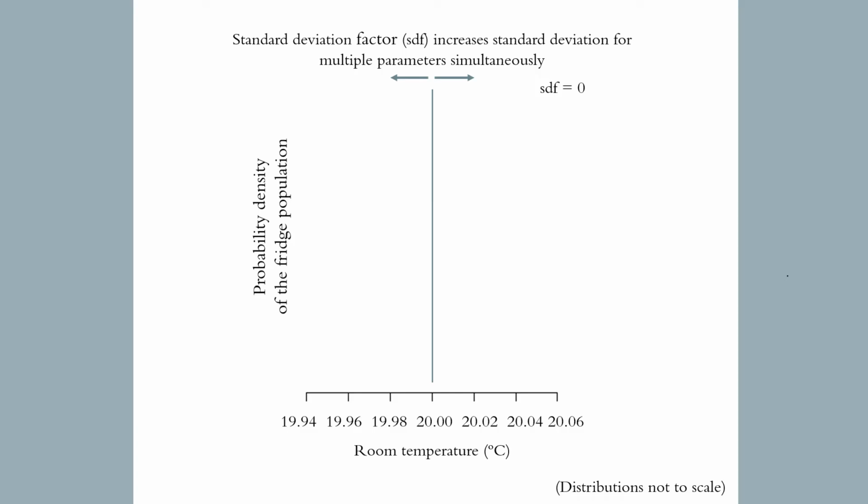To determine the minimum heterogeneity requirements, we introduce a standard deviation factor, or SDF, which allows us to increase the standard deviation for multiple normally distributed parameters simultaneously on different scales for different simulations. An identical population has zero standard deviation, for example, room temperatures all at 20 degrees. We increase the SDF by powers of 10 due to the very low levels of heterogeneity we find we require to prevent synchronization issues.